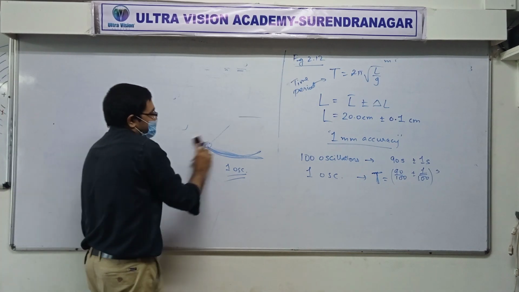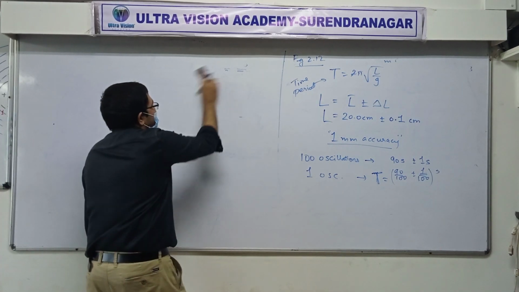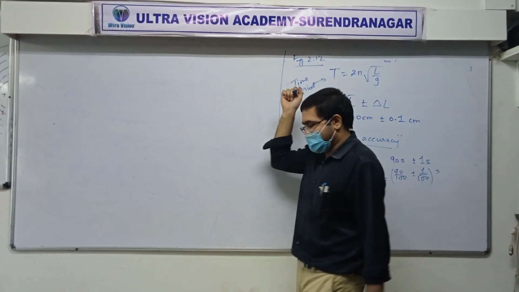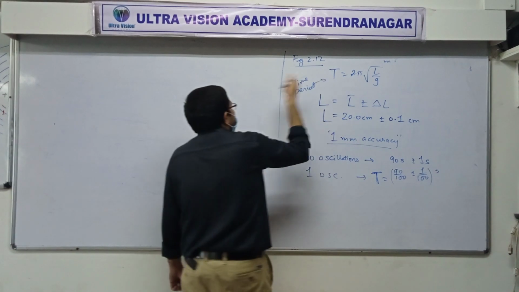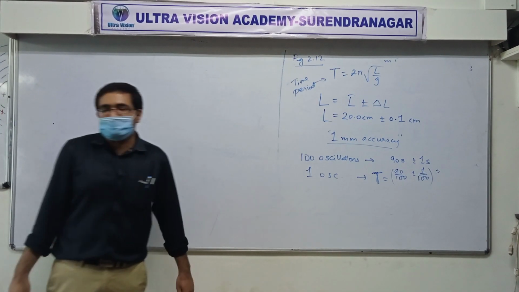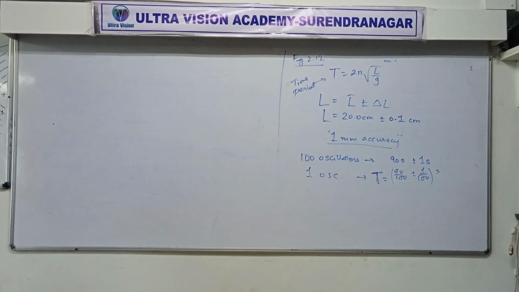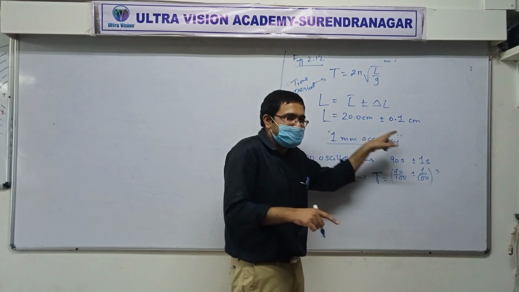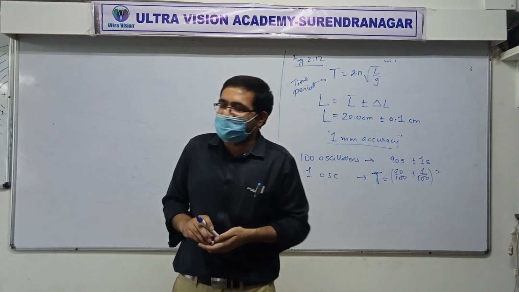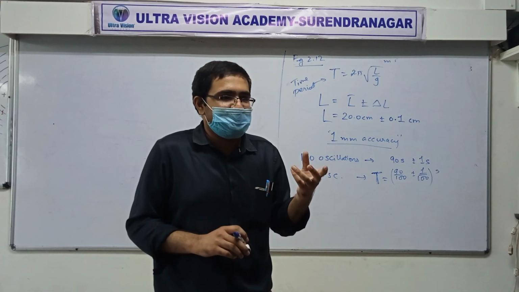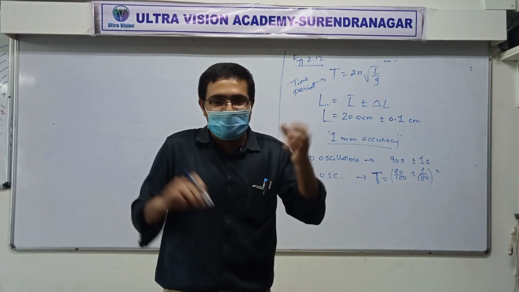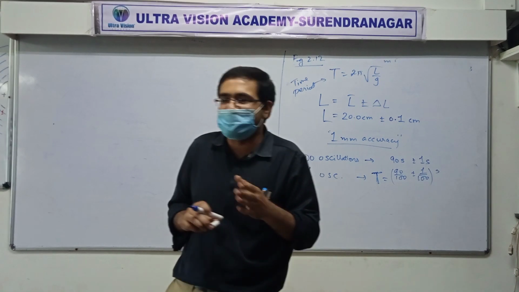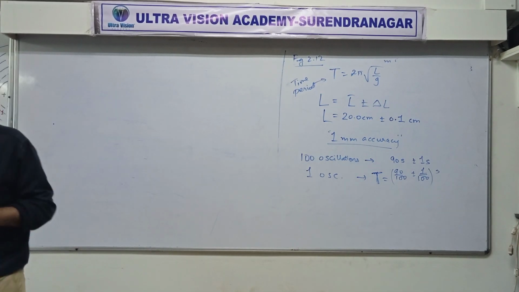Find the accuracy in determination means finding of G. So in this equation you see a G over here. This G is the gravitational acceleration. We want to find that if we do this kind of experiment by counting oscillations and measuring time and measuring this length, the G's value that we find, how accurate is it? Is there a small error? Is there a big error? Is there 1% error? Is there 100% error? Is there 20% error? Understood? How accurate would it be?